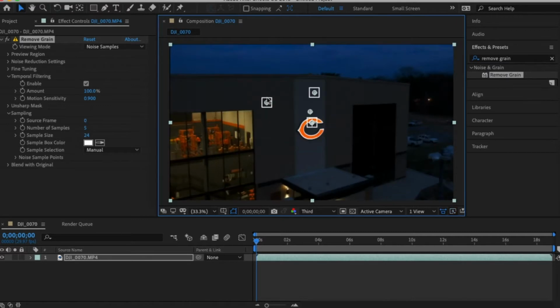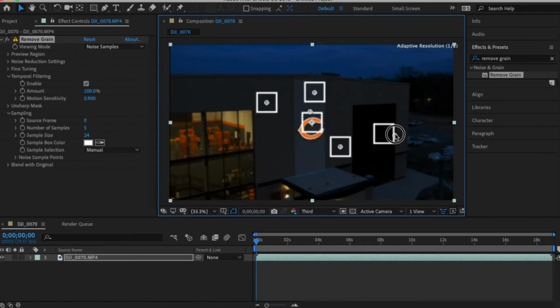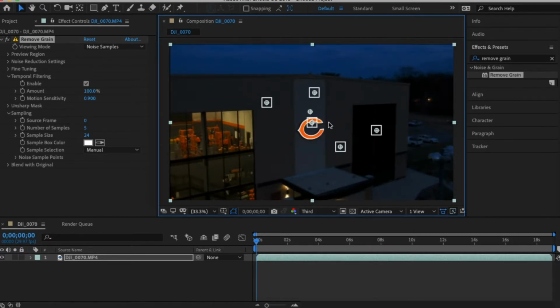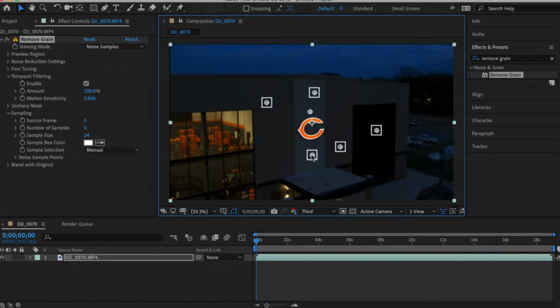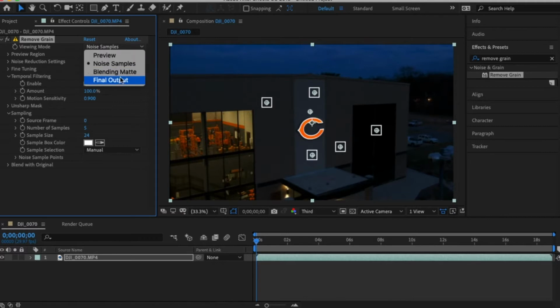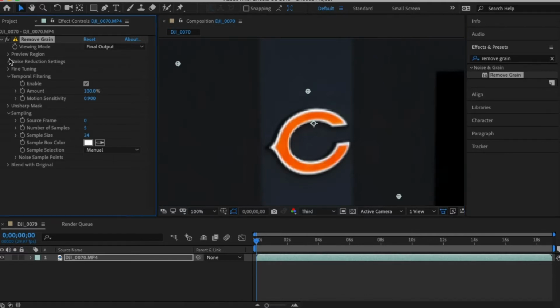So we can move each one of these and get a different perspective on where it actually samples. Now it will work a little different. Now if we go back to final output and 100%, as you can see, it still softened it up, but now we can go up here to